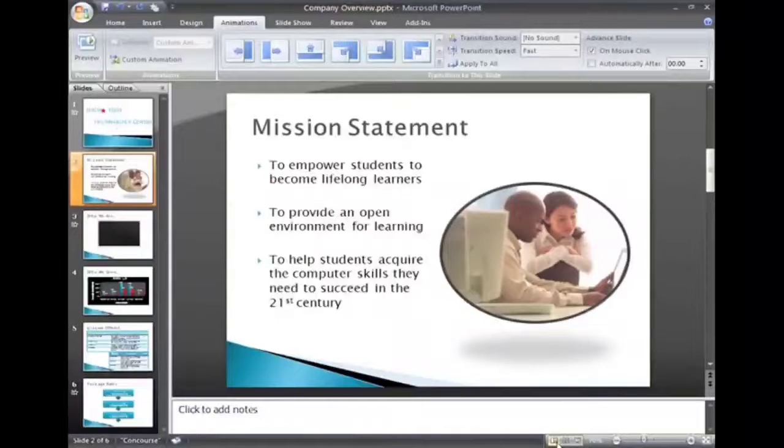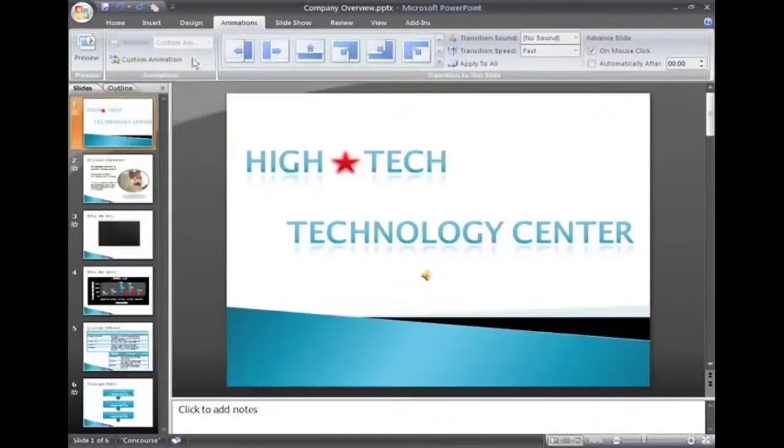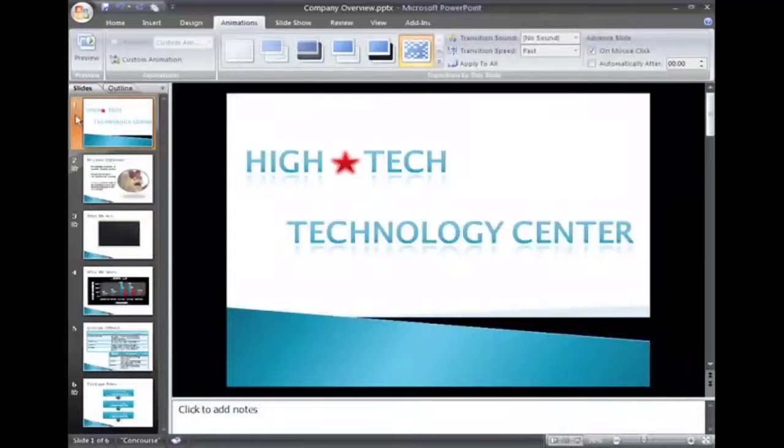So when you click a particular transition, see here how it is working. This transition is applied here, and when you select this one, see how it will work. Okay, see, it will look like this.